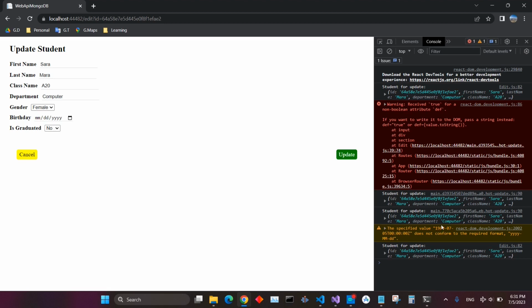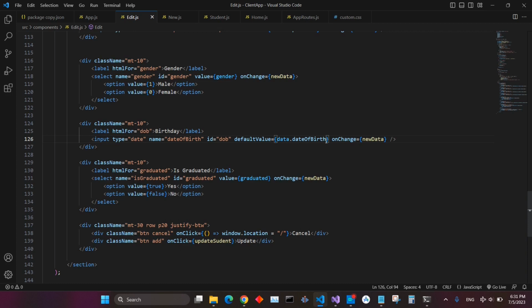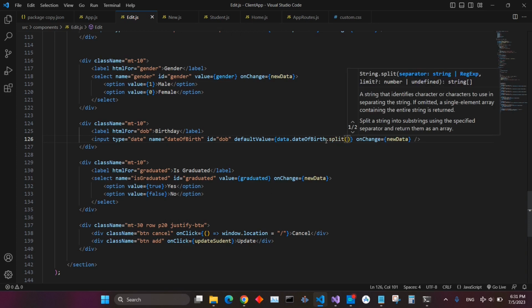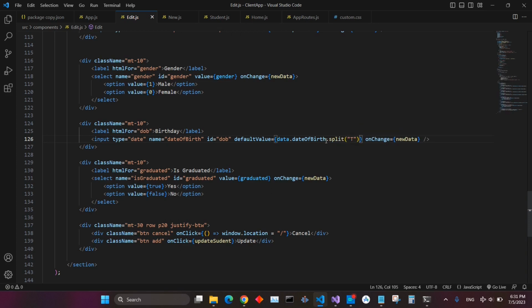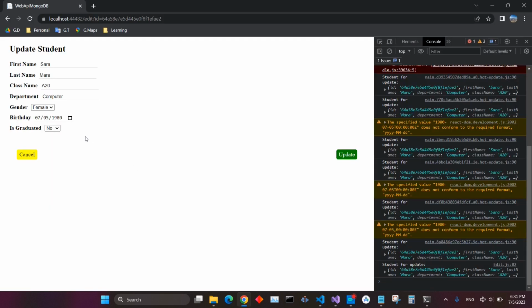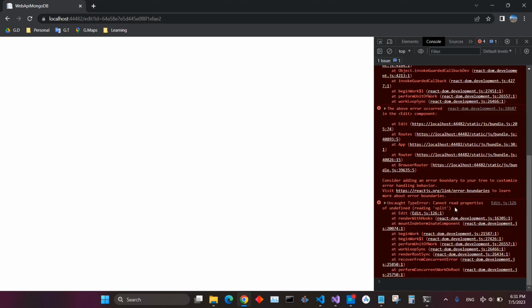It did not work and it complains. Here it says the specified value does not conform to the required format. So the year, the month, and the day, you need to split that crazy date. I hope it works here. Probably not. And then we take the first one. Okay, it worked, and now